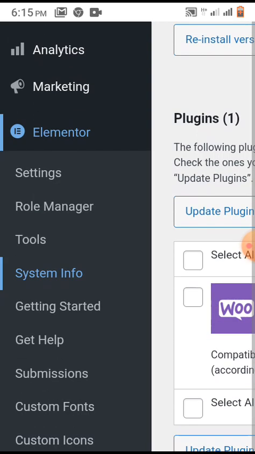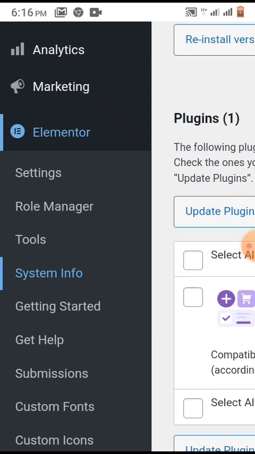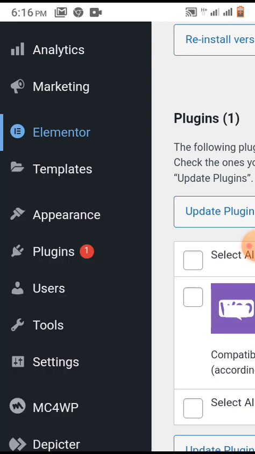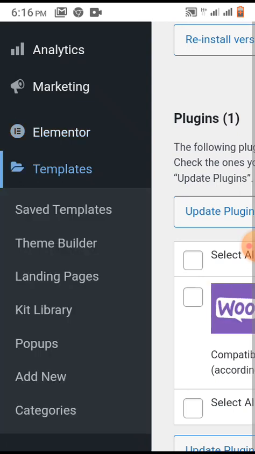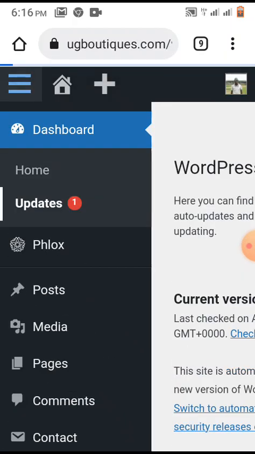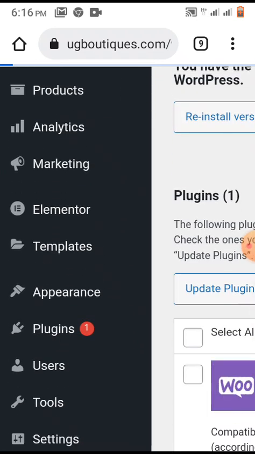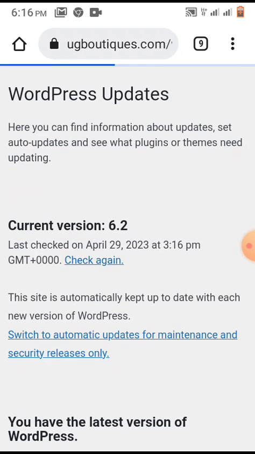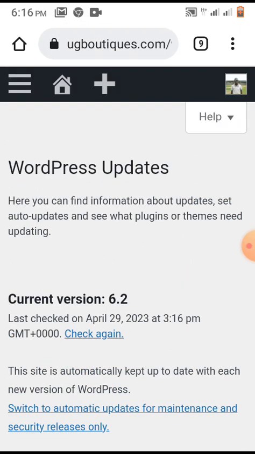So the next one we have is settings, the roles and all those things. They are still under Elementor. Then we have the templates. This template comes with the Flag theme that we have installed. The one we are using right now comes with this template, the theme builder, landing page, kit, library, popups, add new. This one comes automatically with this Flag here that we are seeing. So in a normal WordPress dashboard, you will not find this one. But if you install this Flag, you are going to find